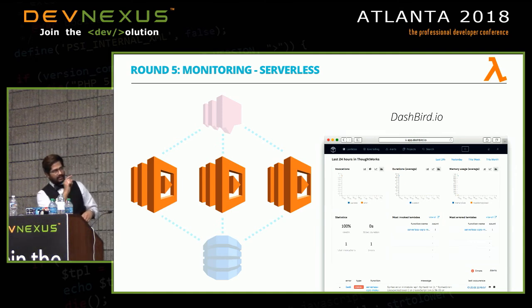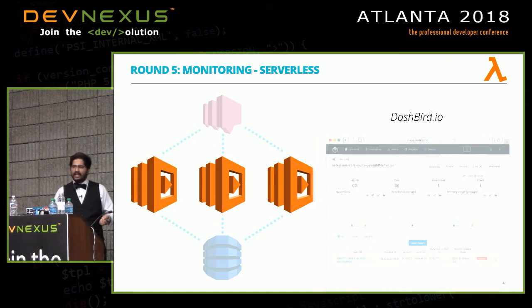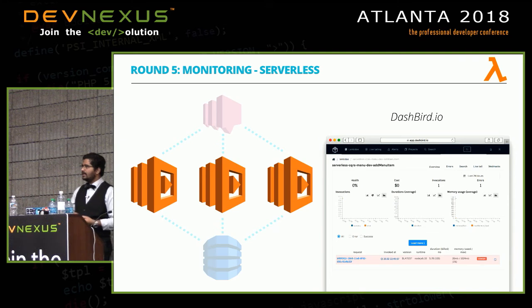So I realize that the screenshot is not big enough for you to see it, but there are some graphs in there which actually take the amount of requests that you have per second and a bunch of other metrics that your ops team would really appreciate, right? And at the bottom, if you notice, there is a small red box. That's because we simulated an error, and it shows you those as well, and you can drill down into those and actually look at what went wrong. So it gives you more diagnostic information as well. They also have a similar billing dashboard, so there's another page right there. So in 2 simple pages, you can get most of the information that you would look for if you're deploying an application.